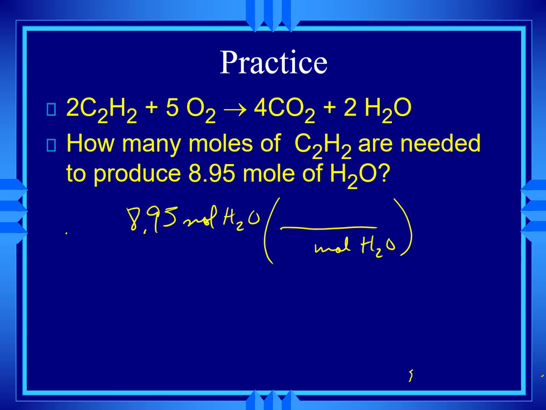What can I turn moles of H2O into? Well, anything in the equation. So since they asked about C2H2, that's probably which one I want to pick. Then I'm going to copy the numbers. The number in front of C2H2 is a 2. The number in front of H2O is a 2. Hopefully you don't need a calculator. 8.95 times 2 divided by 2 is going to be